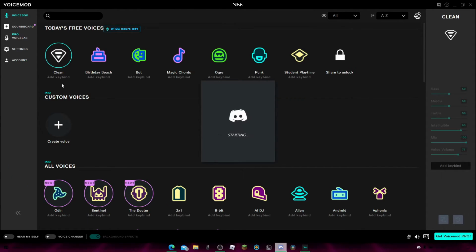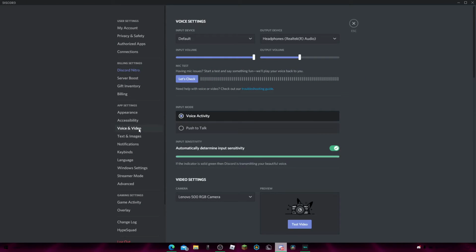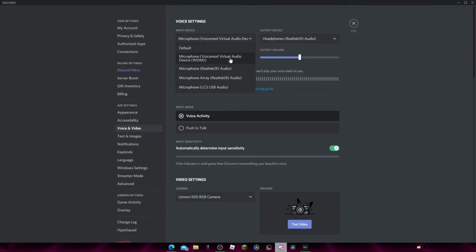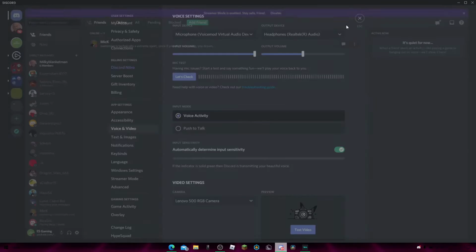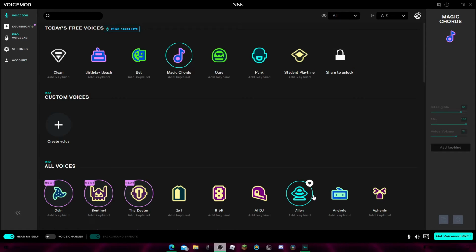I'm going to open Discord for this. This is also what you do with OBS. So if I open my settings, I'll go to there. So we are in settings and voice and video in Discord. And if we go to input device, you would then want to select microphone, Voicemod audio device. I'm just going to skip out of that. And so right now I'm going to be doing that on OBS. So now it's set up with OBS, you can now